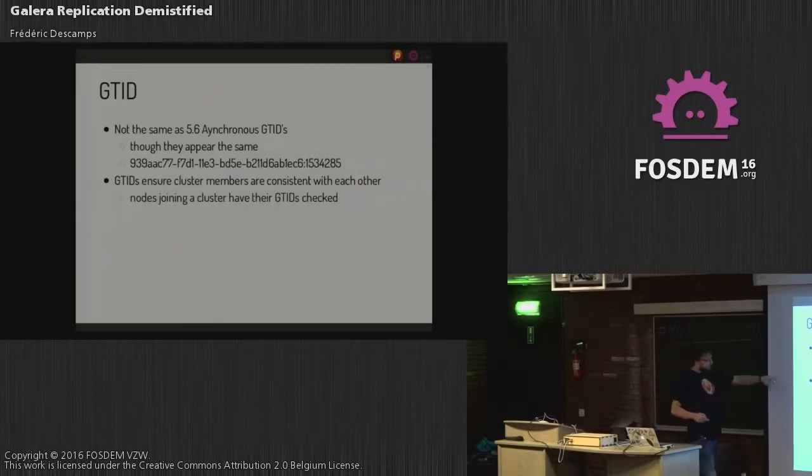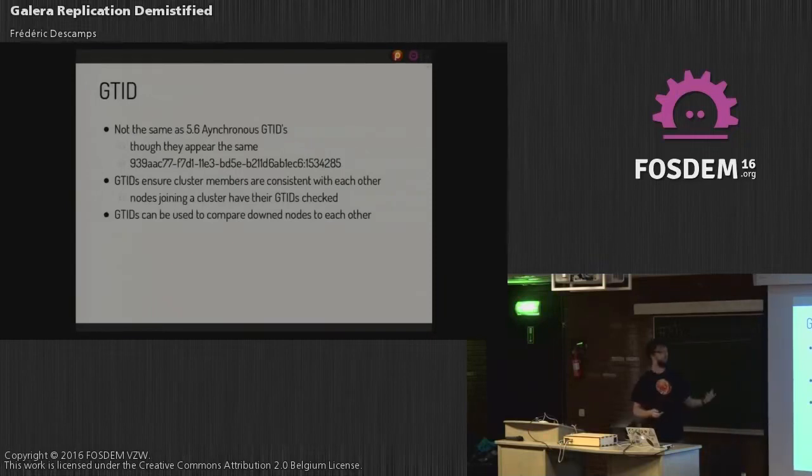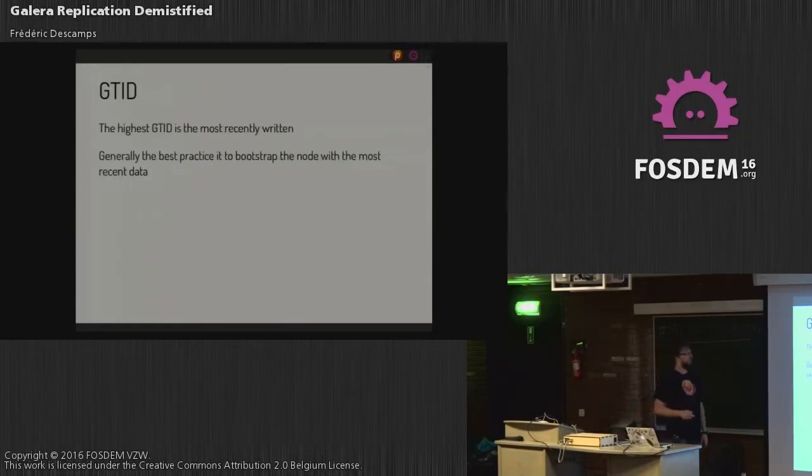So when a node joins the cluster, we check the GTID and we say, oh, we are missing some transactions or not. And if it is missing some transactions, we give that node the data. When we stop all the nodes, we can also use the GTID to compare them. So where is my most accurate node, right? We use the GTID to see that also. The highest GTID means the most recent, up-to-date server or node. So it's better to always restart this way: if you stop all your nodes, check first which GTID is the highest, and then restart from and bootstrap your cluster from that node.